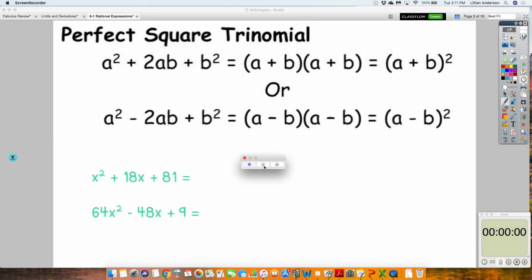All right, so in these types of problems, okay? I don't want you guys to think that, oh, okay, well, if you look at the first one. The first one is simple enough, yes? Some of you guys may be like, okay, well, I can just figure out what two numbers multiply to give me 81 that add together give me 18. Boom, boom, boom, I'm done. What about the bottom one? It can still work, but it might take a little bit longer. All right? So,